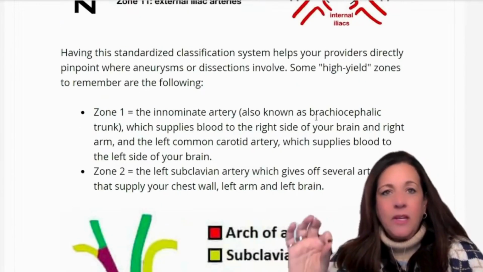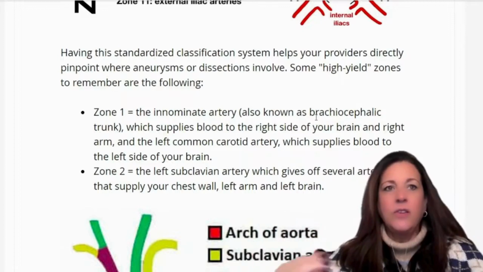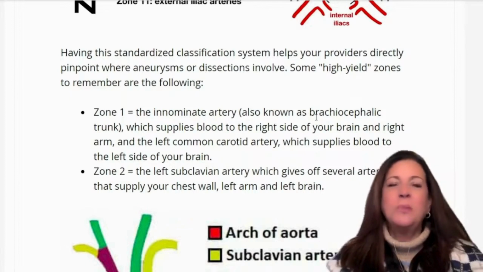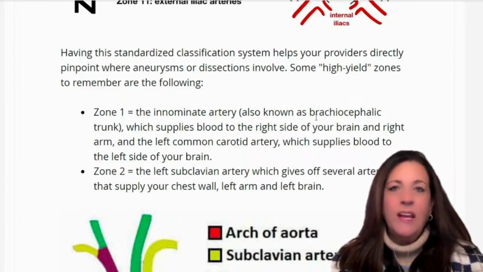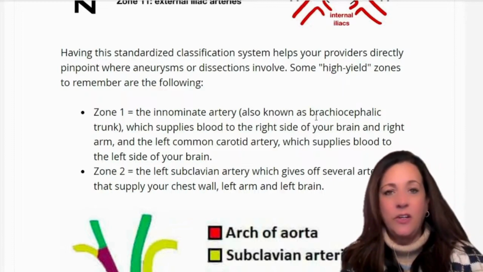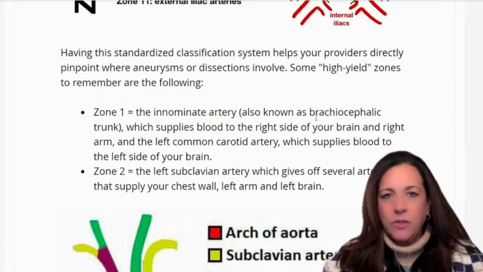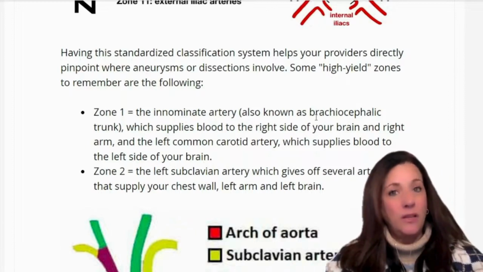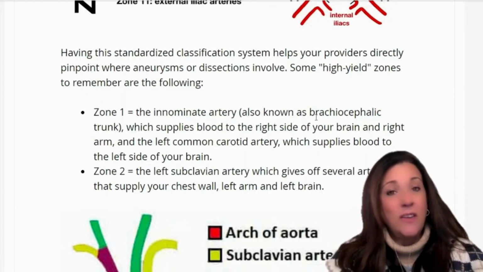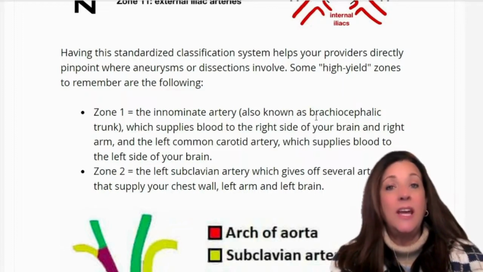The innominate artery, also known as the brachiocephalic trunk, which supplies blood to the right side of your brain and the right arm, and the left common carotid artery, which supplies blood to the left side of your brain. This is high yield. So this is high volume blood. This is a key critical area. If you end up having a dissection in this area, this is going to be definitely a very